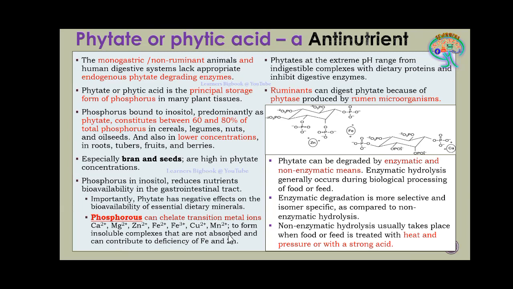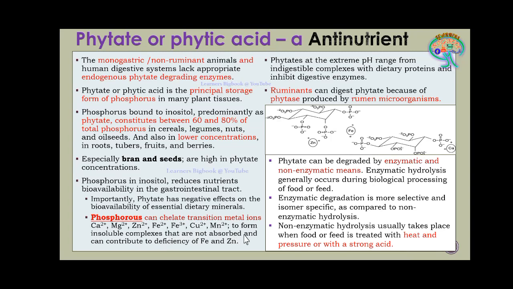So here we have already spoken that phytate is not broken down. Because of that it is not absorbed in the digestive system. After that it is going to form complex structures with the calcium, magnesium, zinc, ferrous, copper, manganese. It is going to hold these particular metal ions within it, and because of this they remain within that food itself, and get excreted or come out of the body of the human being or the